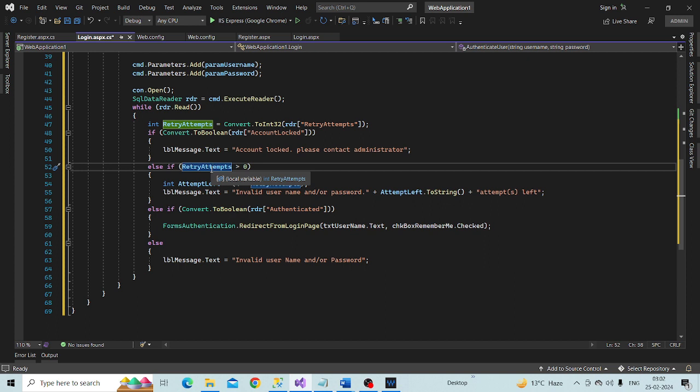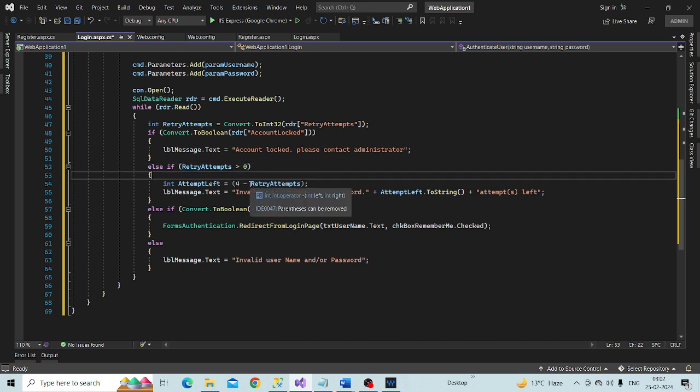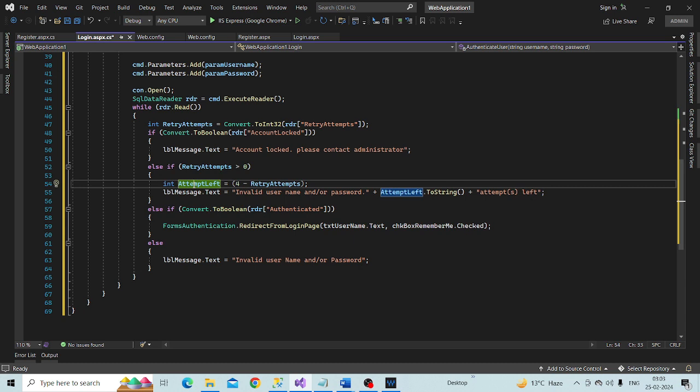Let's say we want to allow 4 chances, including the first time. So from 4 we are subtracting retry attempts. Okay, so that will give us the attempts left. And in the message we are displaying, in the label we are displaying a message: invalid